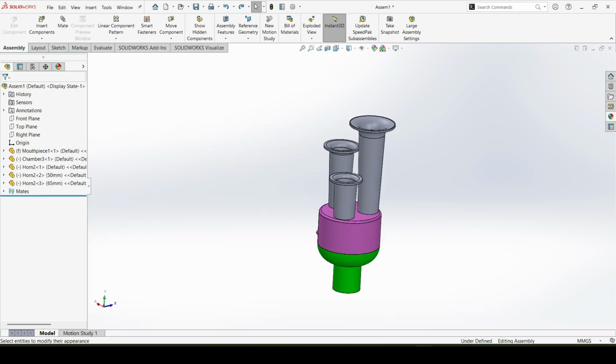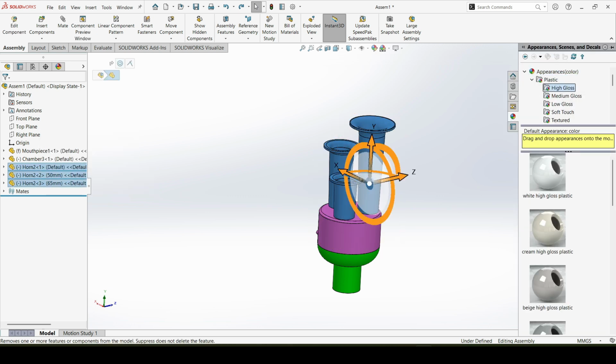And with this, our Bigul assembly is ready here, and this is one of the biggest advantages of using part configuration, especially when working with multiple design variants. And let's just finish with giving appearances to these horns. Select horn number 1, 2, 3. Go to appearances, plastic, high gloss,